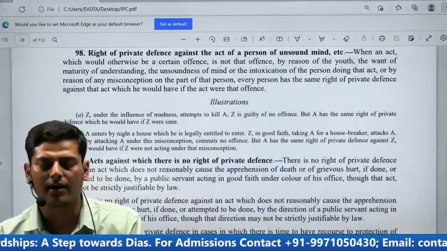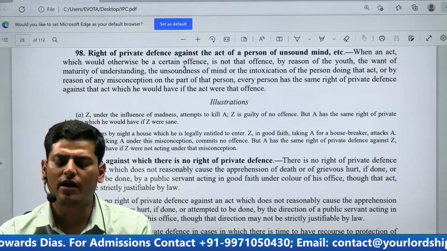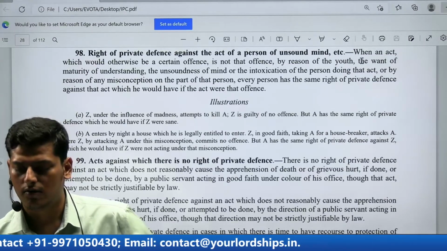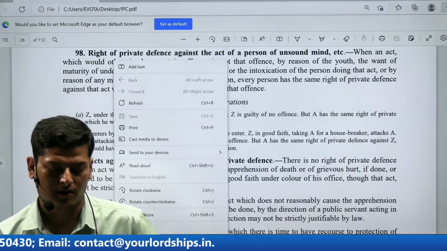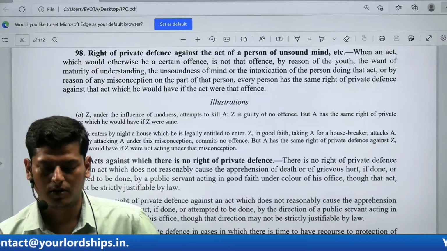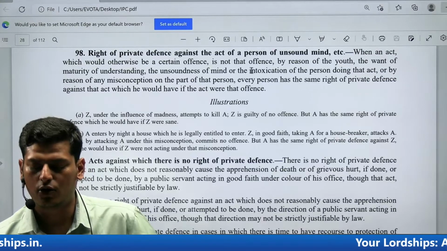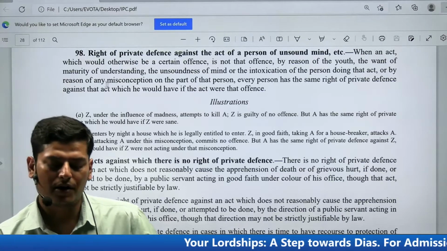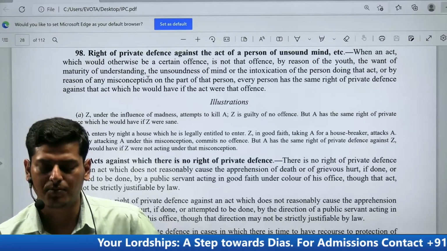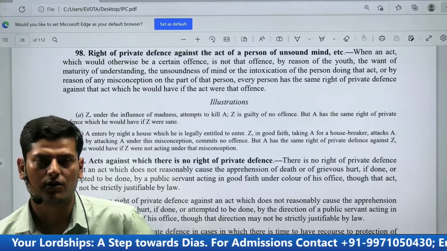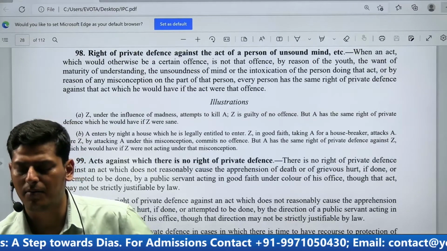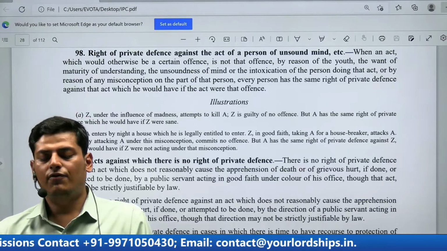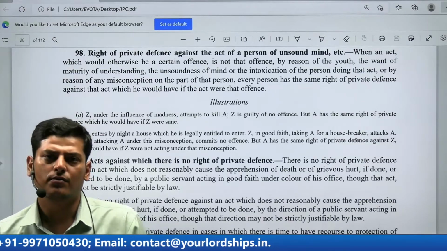Section 98 में यहां कहता है कि when an act which would otherwise be an offense is not an offense by reason of youth, 82, want of maturity of understanding, 83, unsoundness of mind, 84, intoxication, 85, of the person doing that or by reason of any misconception on the part of that person, 76, 79, every person has the same right of private defense against that act which he would have if it were that offense. So generally